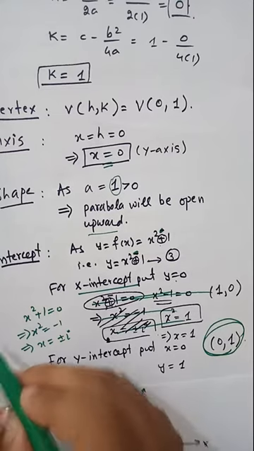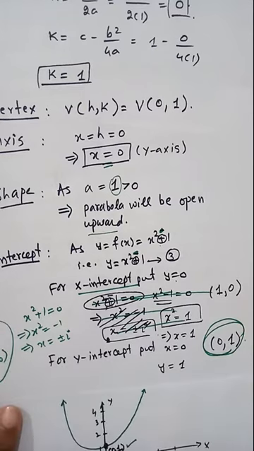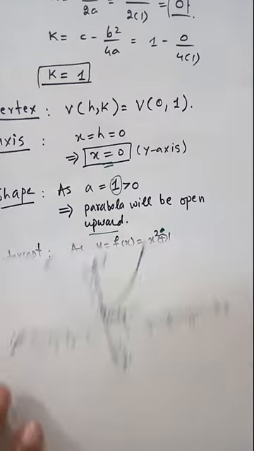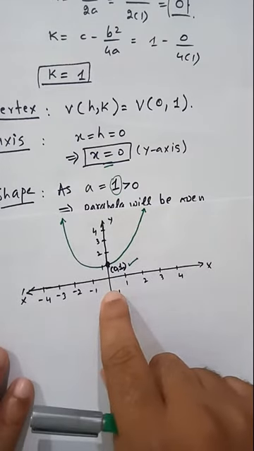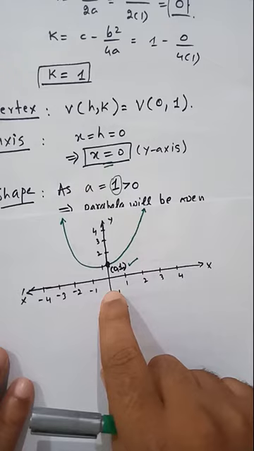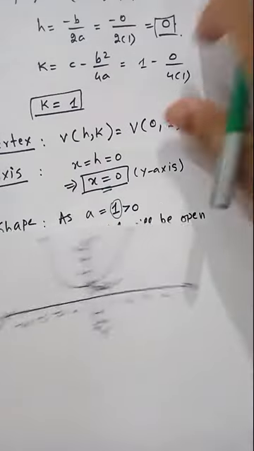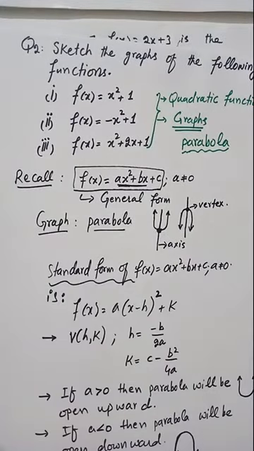So now iota, 0 and minus iota, 0 are the x-intercepts, but iota is imaginary. So it means that a parabola will never intersect the x-axis in this case. So you see that this is the graph. In this case, the parabola didn't intersect the x-axis. So that is the way to draw the graph. Now I'm also solving the next one. Okay, the next question is